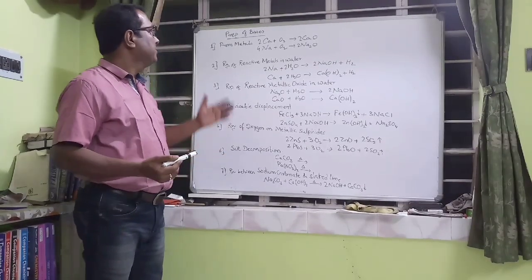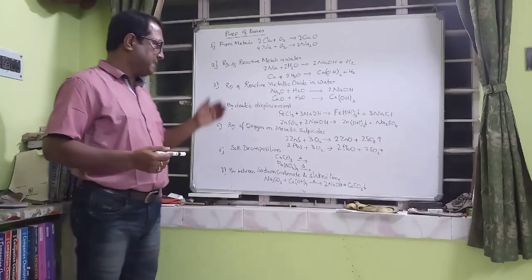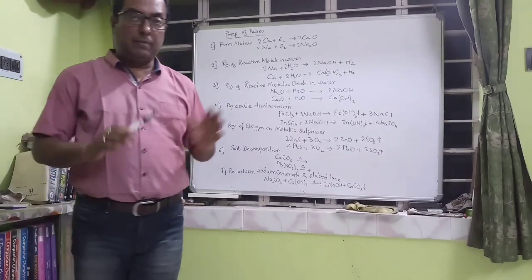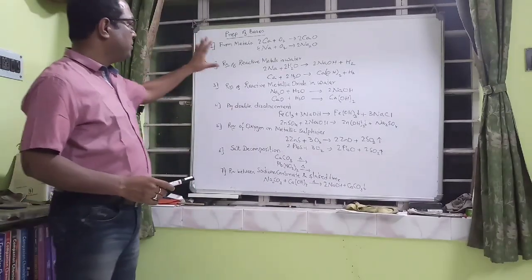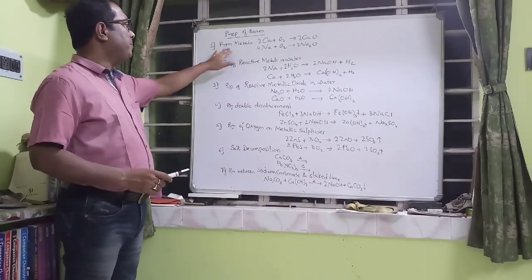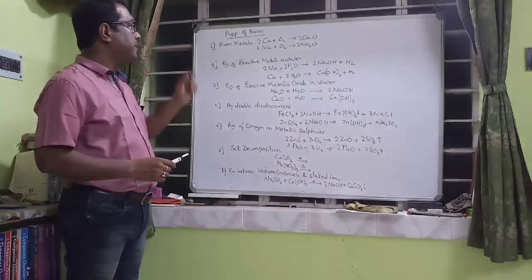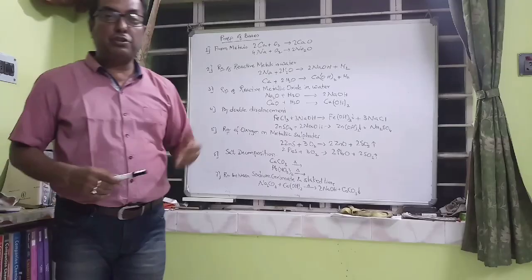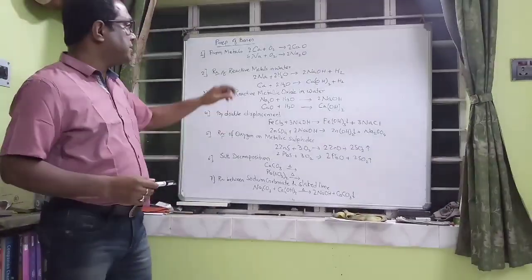Here we have the preparation of bases. As many as 7 to 8 preparations we are going to do today. It will be so handy. It is so easy also. You can see, from metals, first point about metals: any metals which are found above hydrogen in the activity series react with oxygen